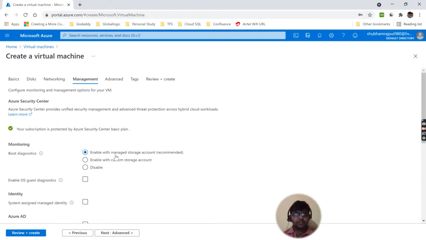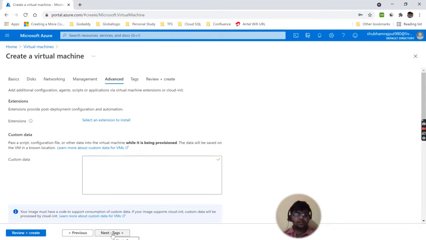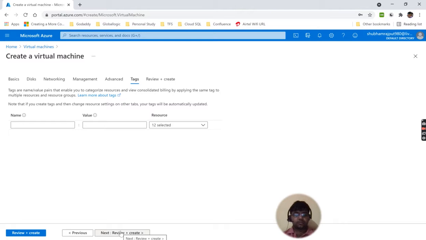Okay, in management, enable with management storage account. Yeah, I just leave it as default and go into advanced. Custom data, if you want to provide, no need for that right now. For tagging, basically it is to keep tracking or labeling a name onto this particular machine.